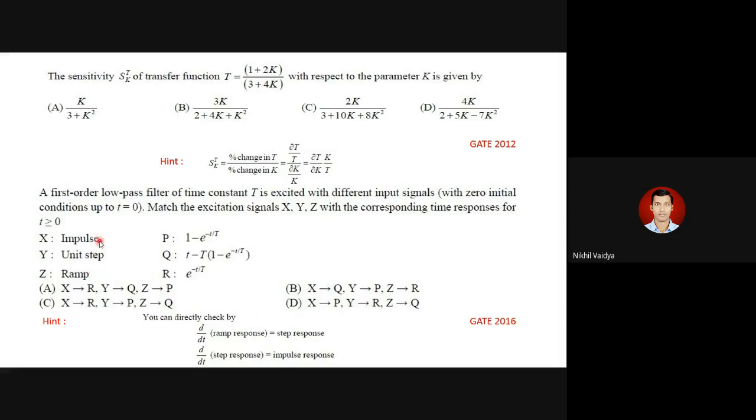So first, what will we get? Impulse. Impulse is nothing but the derivative of the step response. So first we have to find out what the impulse response will be. Can any one of you tell me the answer? I have just told you the hint to solve this question, because their relationship is that they are derivatives of each other. Either this term is the derivative of this, or this term is the derivative of this. That's what you have to check here. When you arrange the sequence, first is impulse, then step, and then ramp.